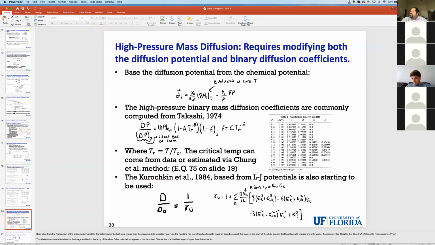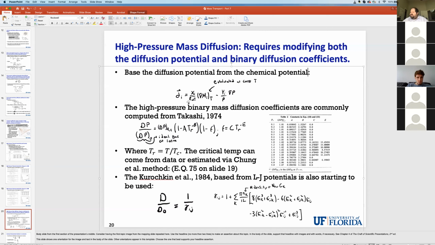temperature. And also the chemical potential, and I'll put this in the notes, must be written as a function of temperature, pressure, and also composition. And you have your choice, usually mole fraction of the species. Okay, and so you have to base it off of this, minus a sort of kinetic effect due to pressure gradients. And if you apply this formula to an ideal gas, you get the diffusion potential that I showed you earlier. But yeah, this gets very complicated for gases